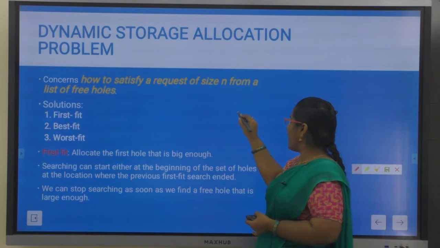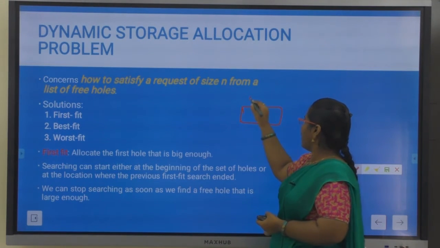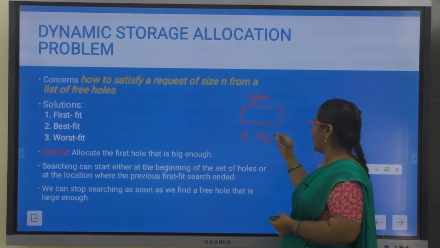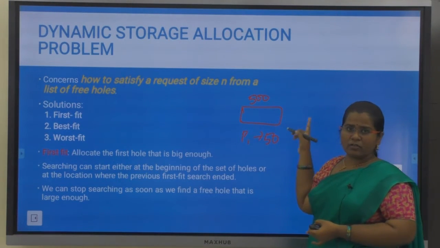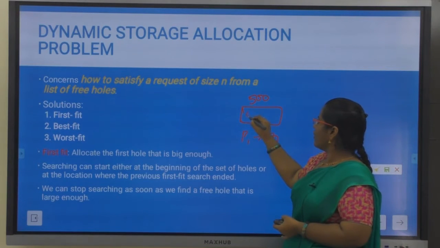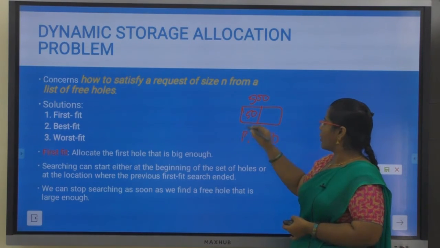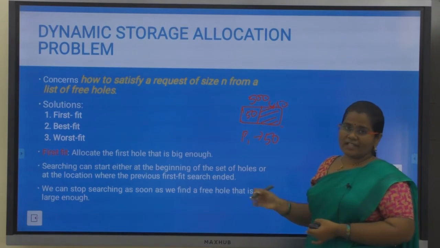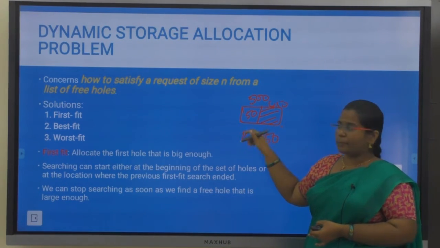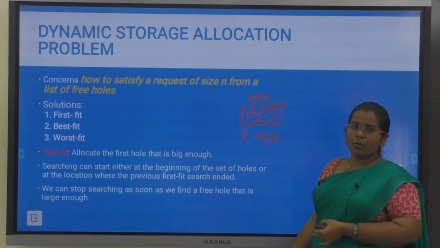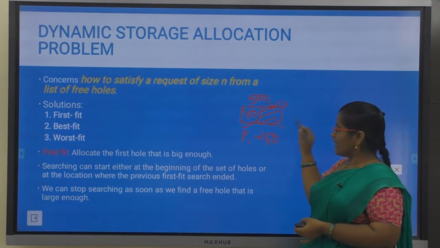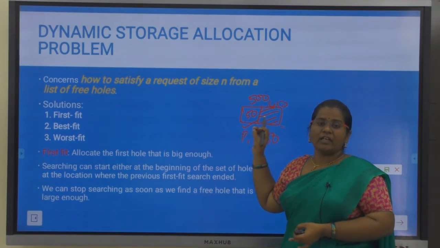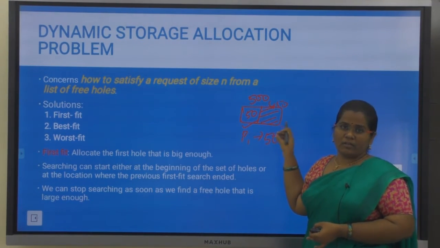Say for example, my partition size is 500 KB and I have a process of size 50 KB. Since I can place only one process in this partition, only 50 KB will be occupied. The remaining 450 KB of this slot will be wasted, since I cannot place another process while it is occupied by one process. So you need to select the partition in such a way that you will not waste more memory.